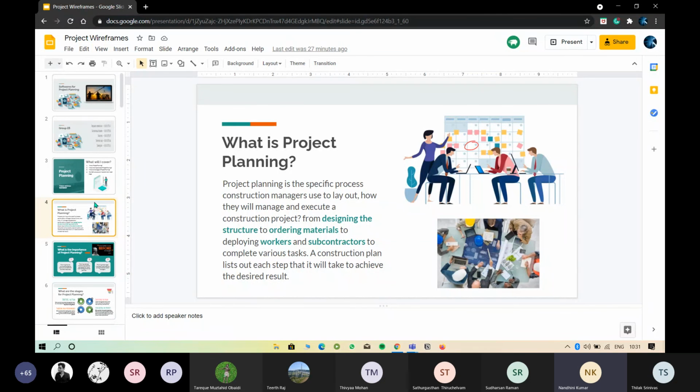That part should be shifted first. That is, Divya's portion should be first, followed by Teetraj, where he described the software, Vim 360 and GanttPro. That should be the second part, followed by Tilak's presentation.